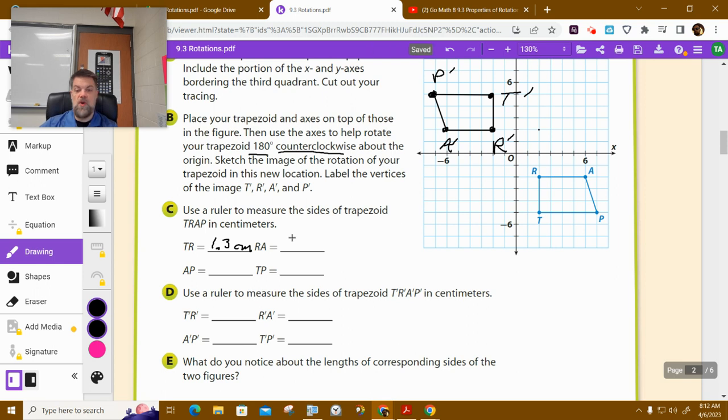RA is 1.7 centimeters. In other words, from T to R, this measurement right here should be 1.3 centimeters. From R to A, this measurement here should be 1.7 centimeters. Okay? From A to P, that's this measurement here, that should be about 1.5